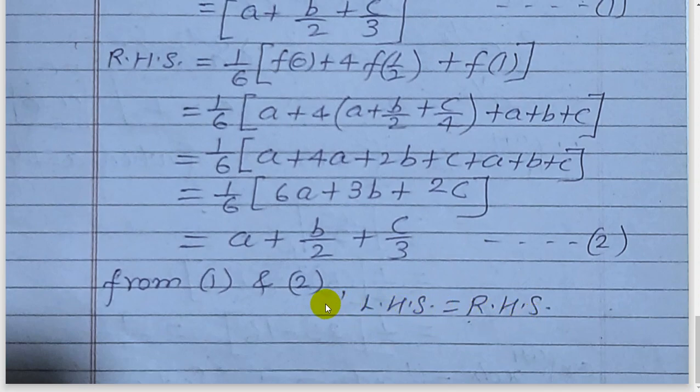Hence, the question is verified. So dear student, now miscellaneous exercise 4 is fully completed with full explanation and full solution, with proper formulae and proper properties, which were already provided at the time of solving the question. Suppose it is not provided anywhere, then I explained it, so you should note down that property or that formula.